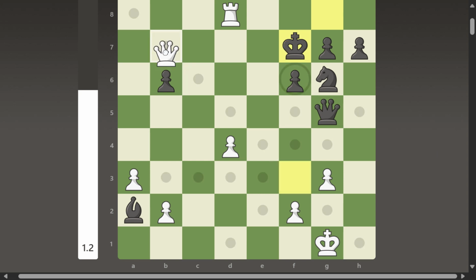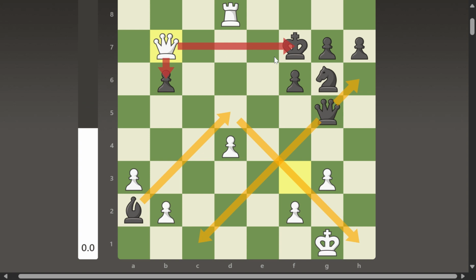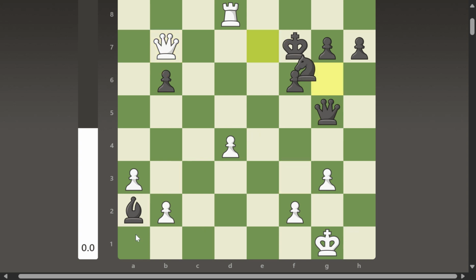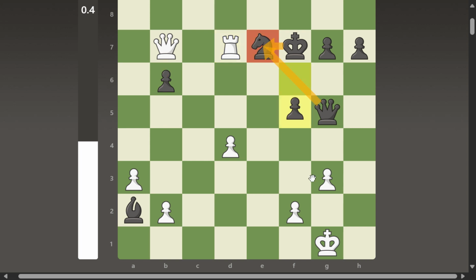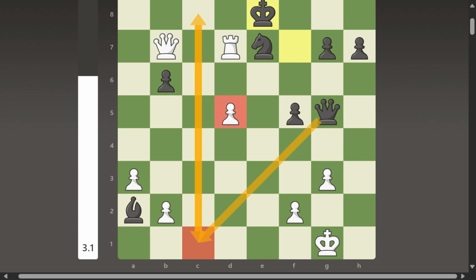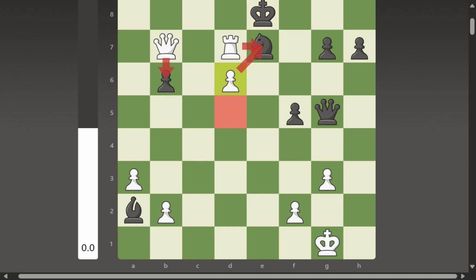If I move my queen to b7, I get an immediate check. Knight moves to e7, and I can put the rook to add some pressure. So in this situation, 2 versus 1, you have to move your pawn. Now 2 versus 2, targeting this knight. Now I make a pawn advance. King moves back to e8, pawn advance again. But in this variation,